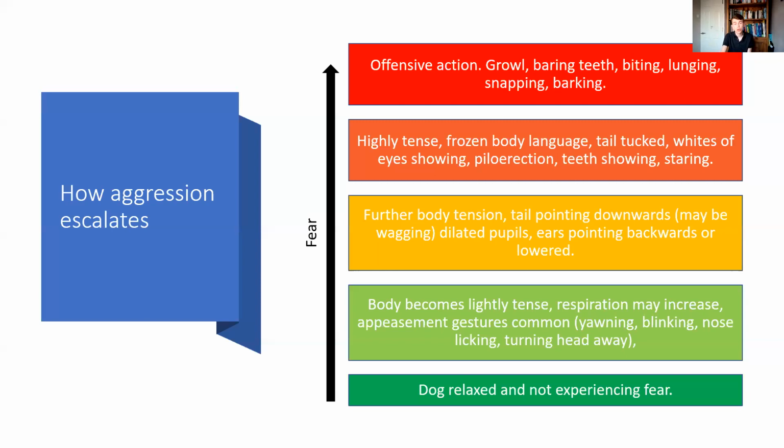And again, this is also why we don't want to punish things like growling, or any of those early signs of fear, because that's going to just lead the dog to think, oh, I need to do something more extreme. That growling doesn't work. That just leads to me getting told off. So maybe I should snap, maybe I should bark. So really, really trying to avoid punishment and just become really responsive and help the dog out if they're experiencing some of those early signs.